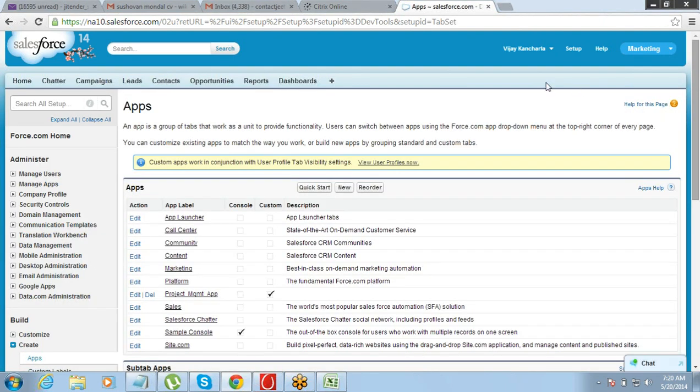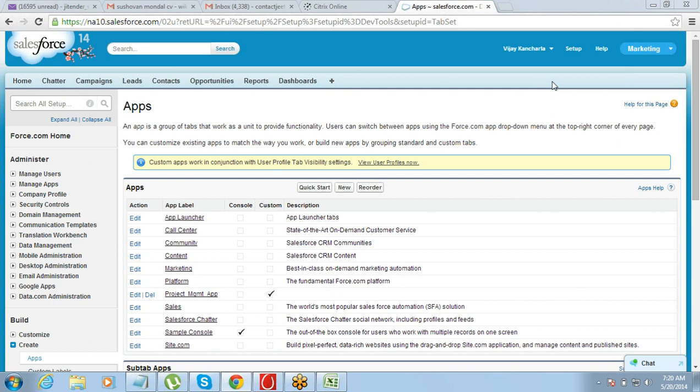Quick question here. On the previous screen, you said we cannot remove the home tab, but why would I need the home tab on a new app? Why would you need the home tab? That is not the thing. That is a standard tab, and we have made it mandatory on all the apps. You need it, you do not need it, we cannot help it. Okay, there is no flexibility on it. There is no option of removing that.